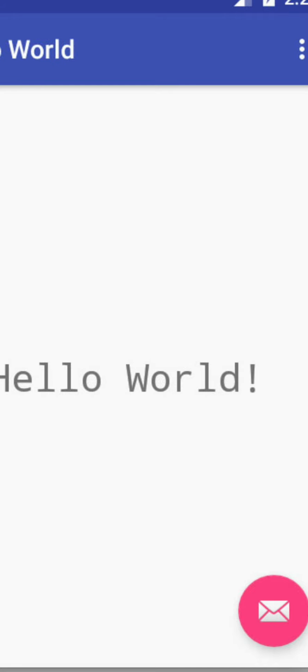So first of all, you can write Hello World as your app name, and Hello World is the default text, which will show as your app name, and then below it is the layout of the activity.